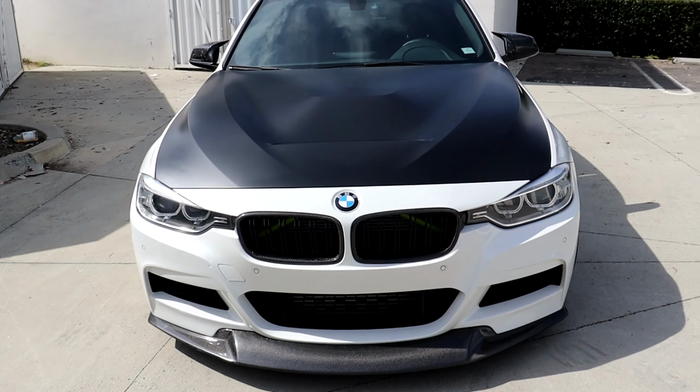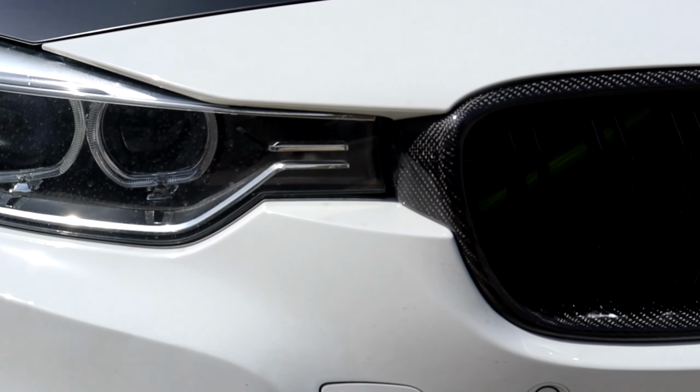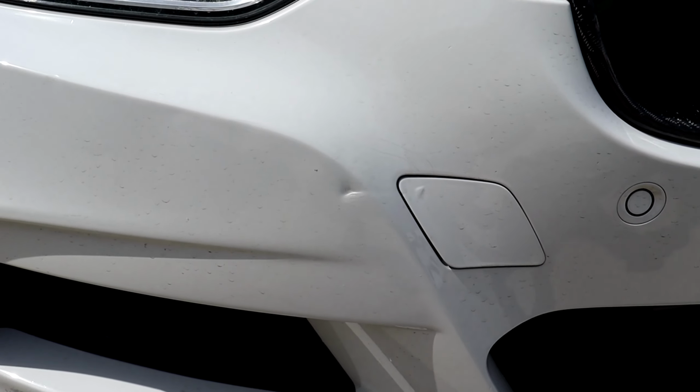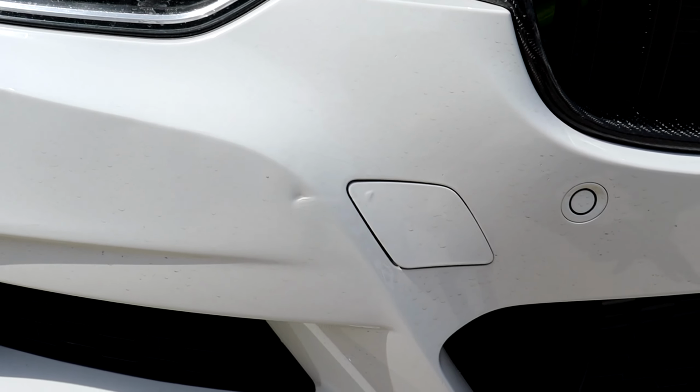So starting off with the front of the car here, if we walk up to the bumper on the left side here, you can see there is a little dent and some cracks in the paint right here around. And that is here because I actually got into a little fender bender right after I had the front bumper repainted,